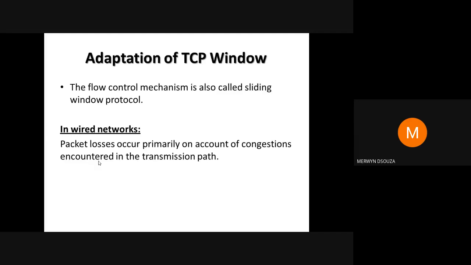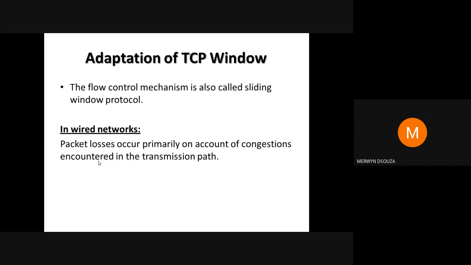Now, what do you think in a wireless network? Why may packets get lost? What could be the reasons? Like I told you, in wired networks, if packets are lost, we directly assume there's congestion and start all the TCP techniques related to congestion avoidance, control, recovery, and so on. But in wireless networks, if a packet is lost, what could be the possible reasons? Could you type out in the chat whatever reasons you can come up with?